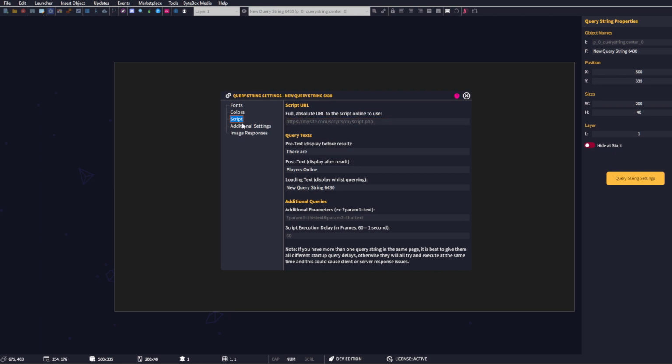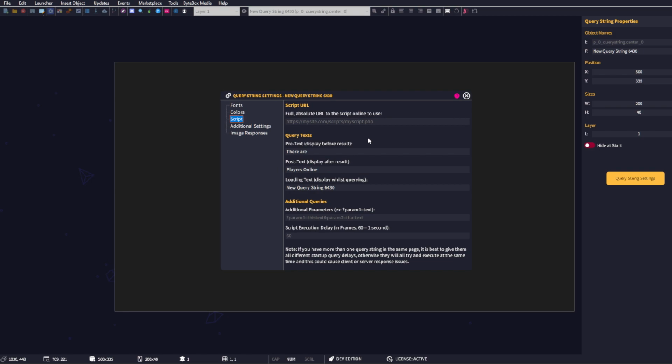So the script is the script on your web server that it's going to ping. Now, we mentioned PHP a lot inside this, however this is not just limited to PHP. ASP will work with it as well, and many other different types of web queries, but this is just an example. So what you would do is, this is a get or a post query, so you can basically type in the full absolute URL to the script on your web server here,